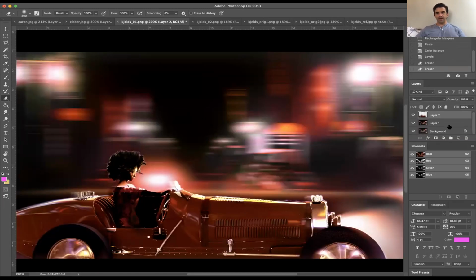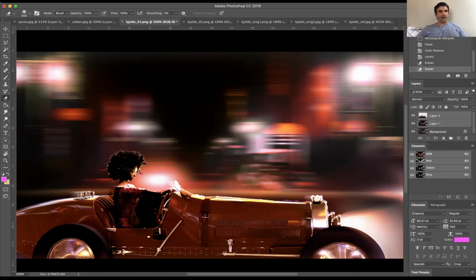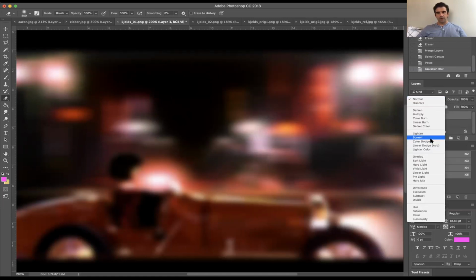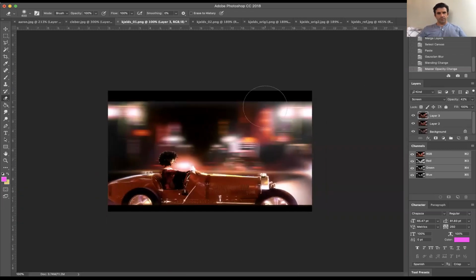And then again, I really feel like we can glow this up, like the image as a whole, especially in this foreground, to make it feel a little bit more magical and special. And just do that, copy, paste, filter, blur. Build this up a little bit. Then we can,